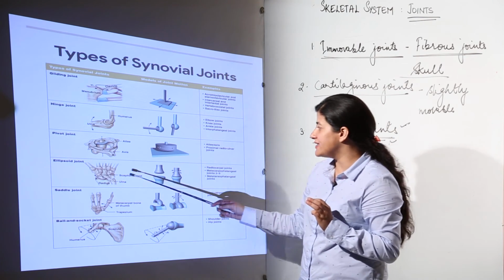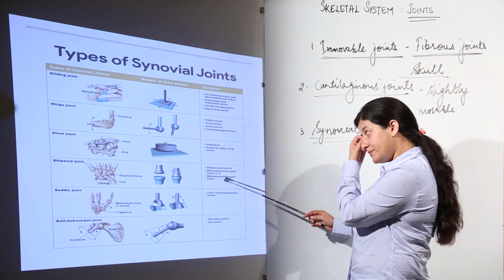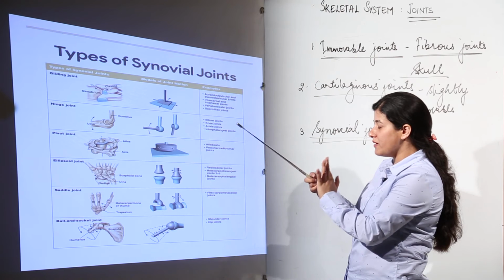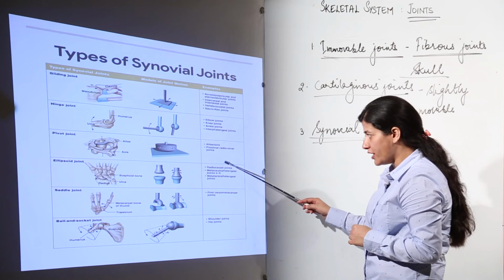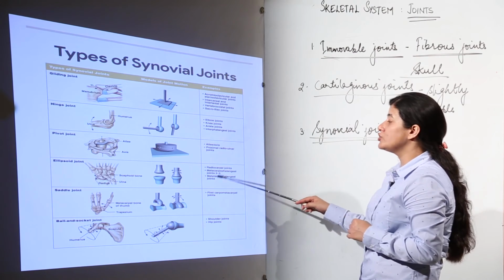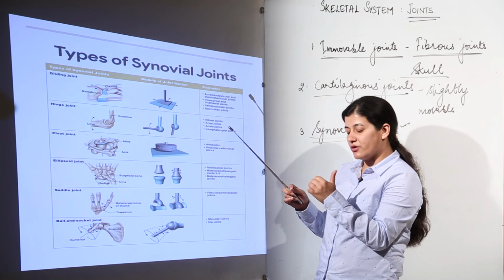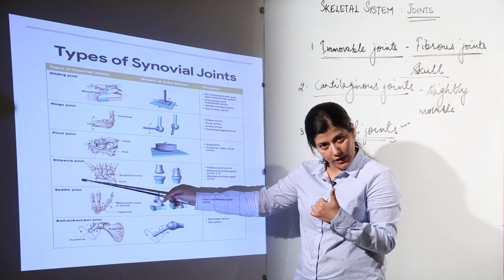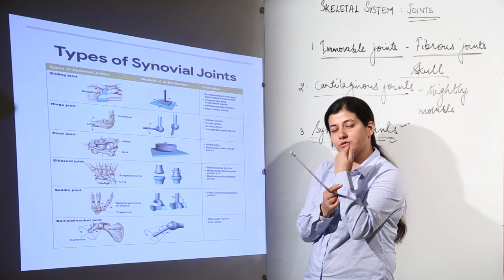Then we have the example of ellipsoid joint. Now what is the case with an ellipsoid joint? As you can see over here, there is a point of attachment and the movement could be brought about in 4 directions. So we have radiocarpal joints, metatarsophalangeal joints, and metacarpophalangeal joints number 2 and 5. Now it is quite confusing. Just see this: supposedly you are able to bring about such a type of movement, that would be an ellipsoidal joint. This is radius, this is ulna, and you are able to bring about movement like this as well. So that is an ellipsoidal joint.